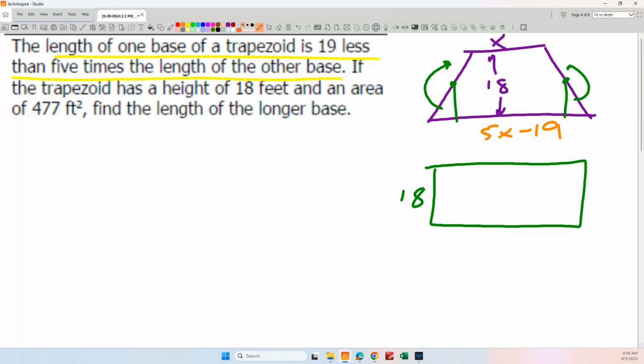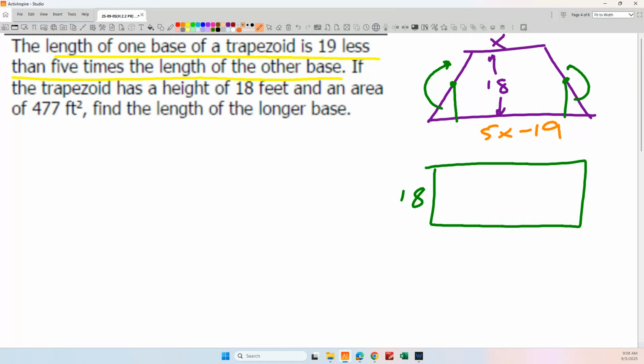In other words, if an ant were to walk across the top of this shape and then walk across the bottom, he's going to walk the same total distance if he's walking on the trapezoid or the rectangle, right? So in the case of the rectangle, all we did is we split that total length equally among the two bases instead of having one be large and one be small, agreed? So what would I do to the sum of the two bases then to find the length of each base of the rectangle, we're going to call it?